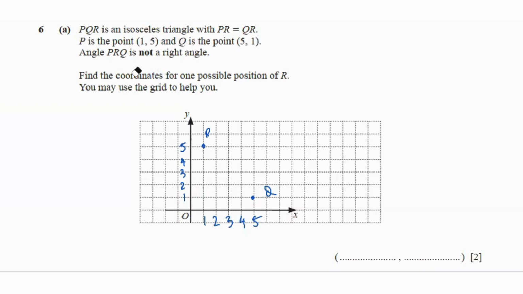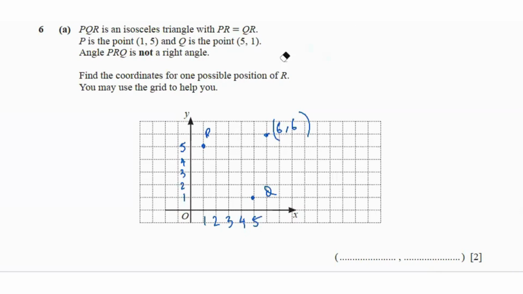Find the coordinates for one possible position of R. You may use the grid to help you. So we have to make sure that PR is equal to QR. So let's say if you put R over here, so this is (6, 6). So if you find the distance of P from (6, 6) and Q from (6, 6),